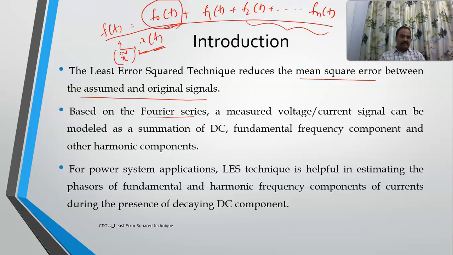But in the least error square technique we have the advantage that a decaying component can also be introduced as an approximation. Because in power systems, we don't get a direct, standard DC component. What happens is that your waveform